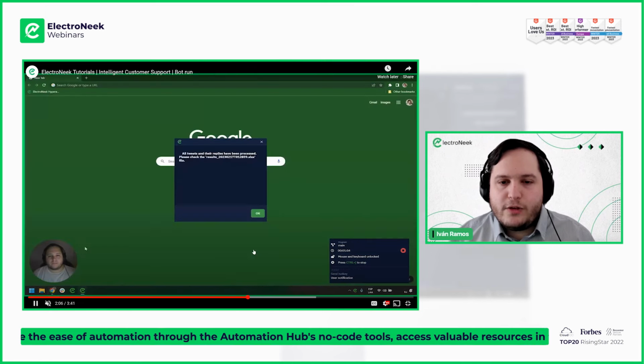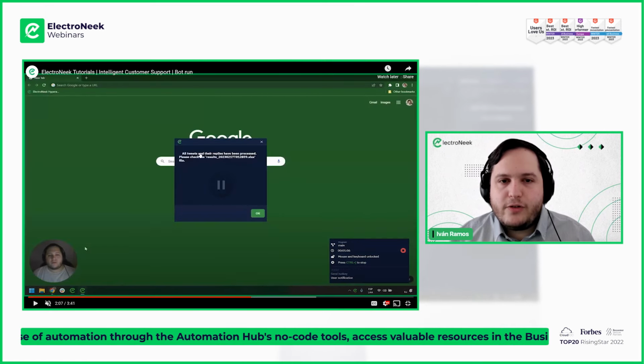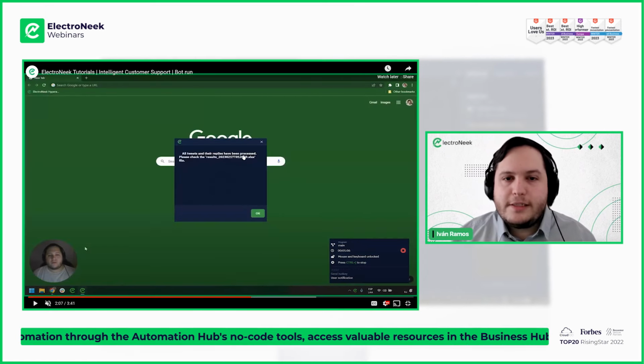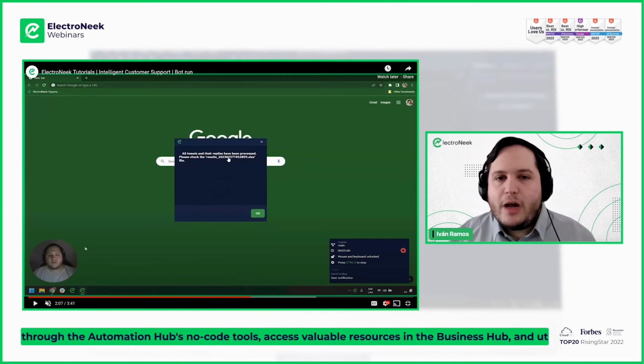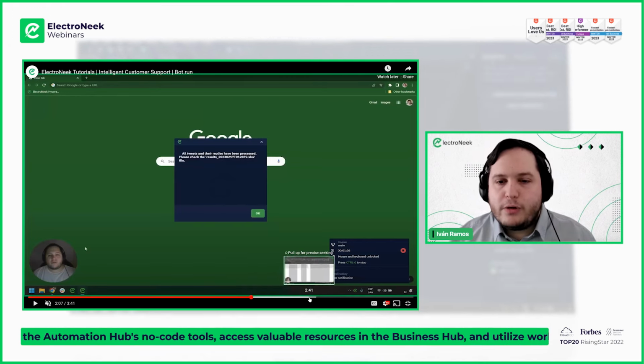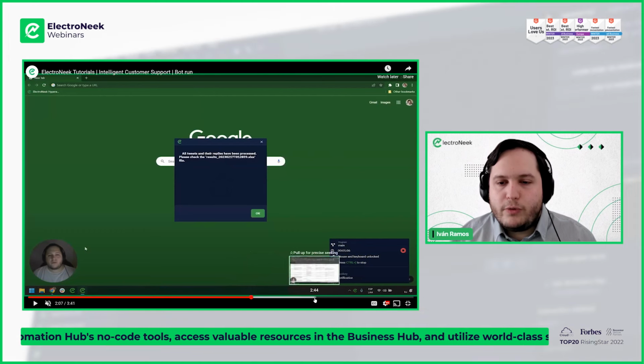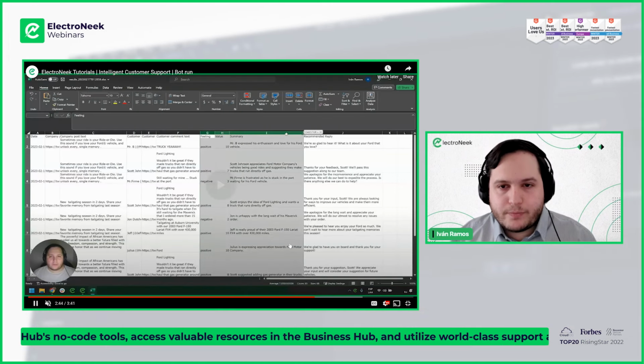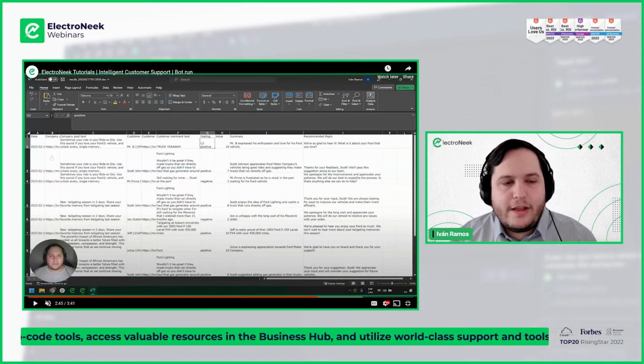And once it's done, it showcases this message telling us that all the tweets and the replies have been processed. And we can check out the Excel file with the results. Let's quickly jump over to the completed Excel file right here, where we can see that